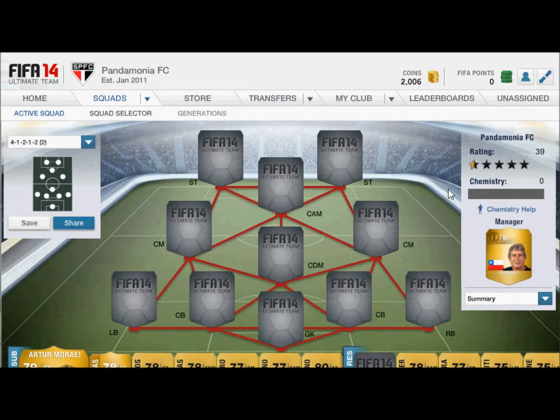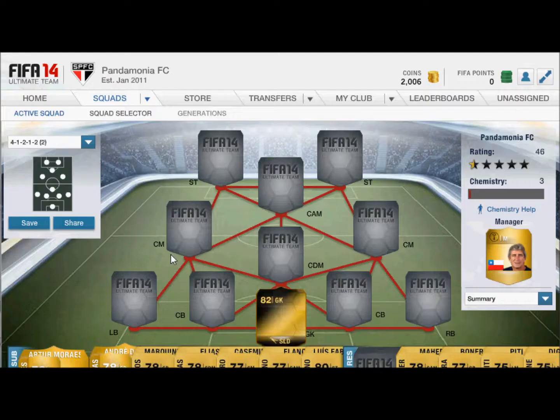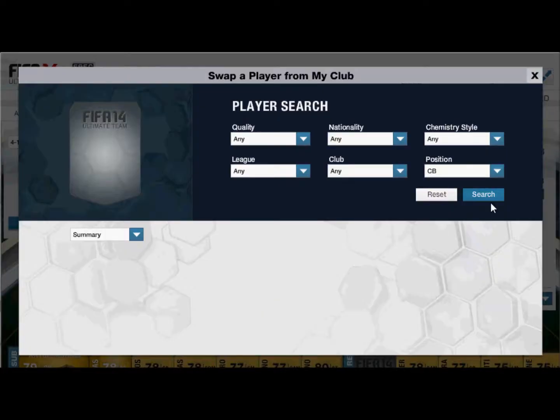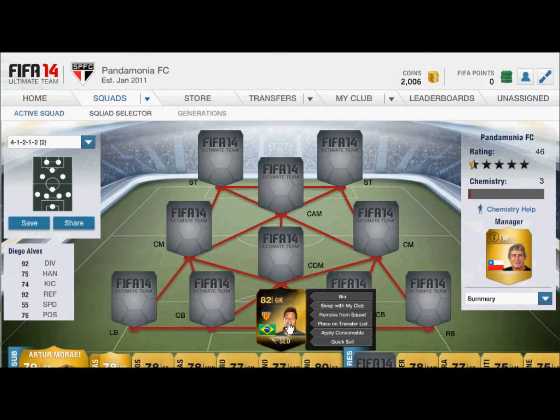But let's just move on to this Pandemonia FC squad builder. And it is going to be a... let's see if you can tell. It's a Brazilian, 240k hybrid, featuring 3 informs, and the first of these 3 informs is actually Diego Alves, the goalkeeper for Valencia in the Liga